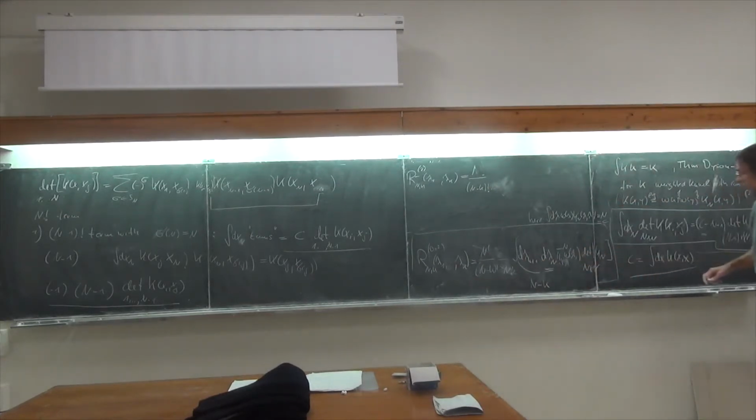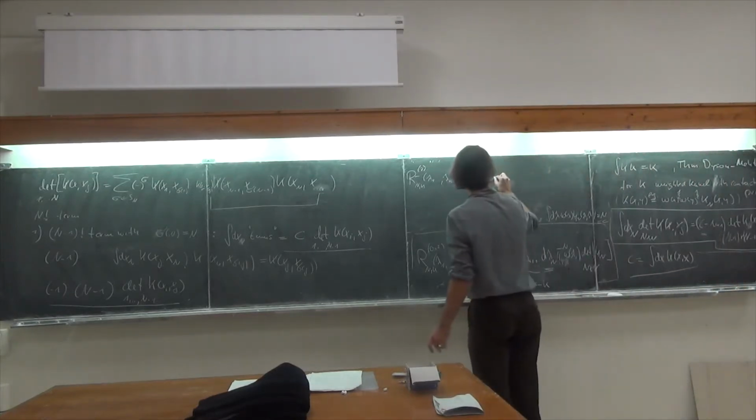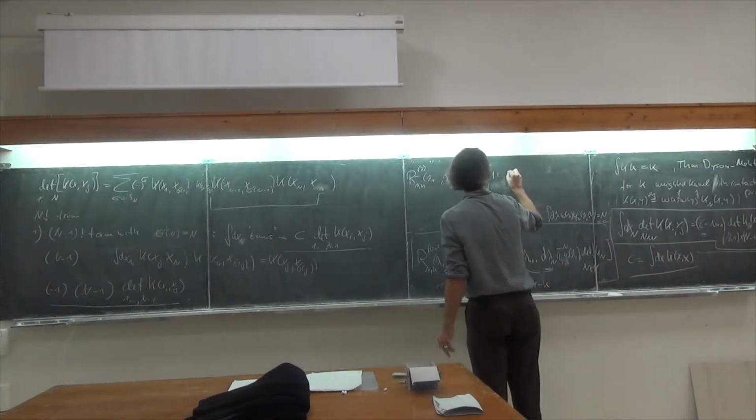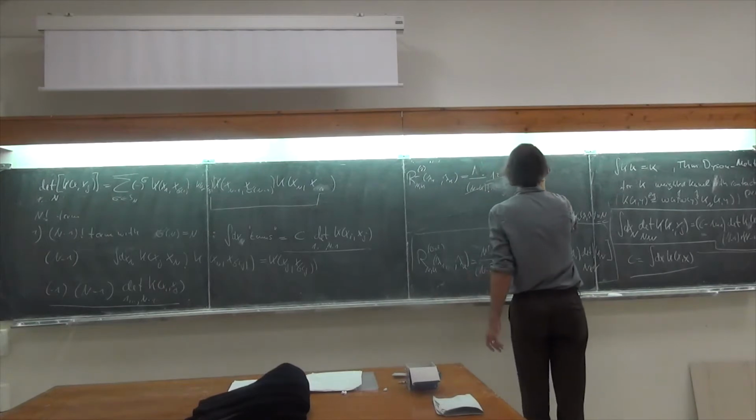Second integral, now our size of the determinant has gone from n to n minus 1. So this n will be n minus 1. So minus minus gives plus. C is the same, so the next factor gives a 2. We do another integration, this will be n minus 2. We get a factor of 3, etc. So we do that n minus k times, so we get 1 times 2 times n minus k, which cancels this, and what remains is the product